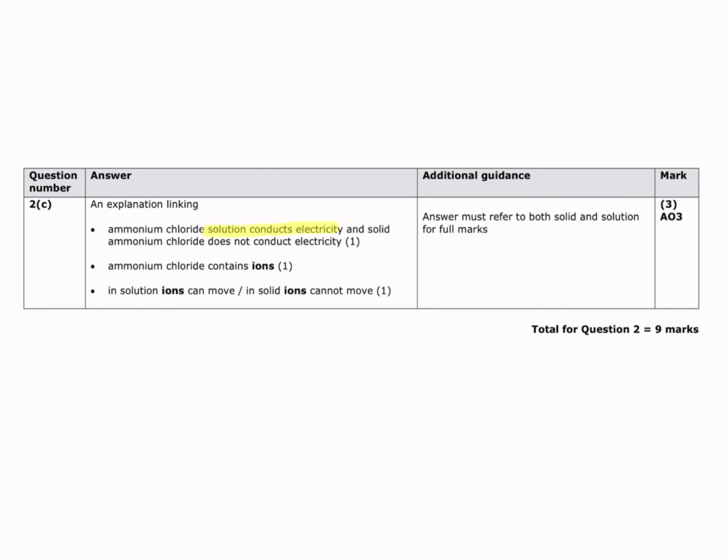So going straight through to the mark scheme. We needed to say that ammonium chloride solution conducts electricity and solid does not conduct electricity. We then needed to talk about ions, and then the third point is that we needed to say that ions can move in solution or they can't move in a solid. You must refer to both solid and solution for full marks, okay? So don't assume that the examiner knows that you know the reverse. Always write in the reverse, especially if you know it, why not? Third bit is, again, AO3, which means it's application, which means you must refer back to the question, which if you look back at the first and second point in particular, they